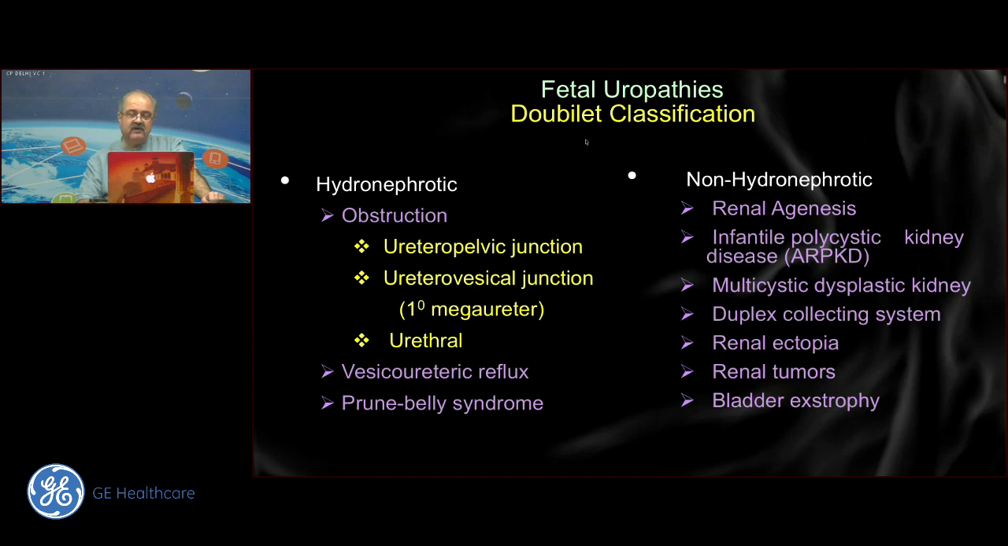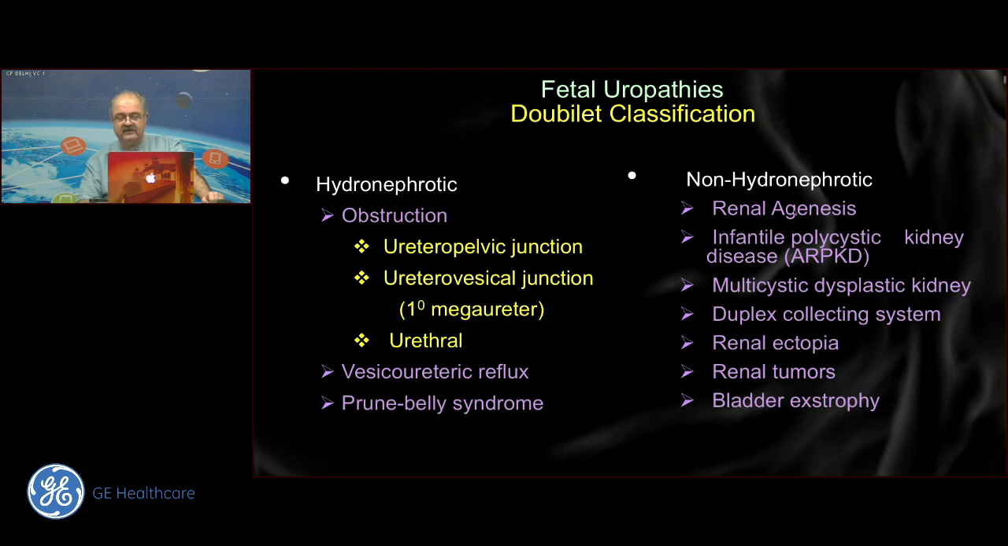He divided all conditions in the fetus as hydronephrotic and non-hydronephrotic as the two basic categories. The hydronephrotic are three types: obstructive, vesico-ureteric reflux, and the Prunberry syndrome. And the obstructions may be at the ureteropelvic junction, the ureterovesical junction, which is the primary megaureter, and urethral obstructions. And the